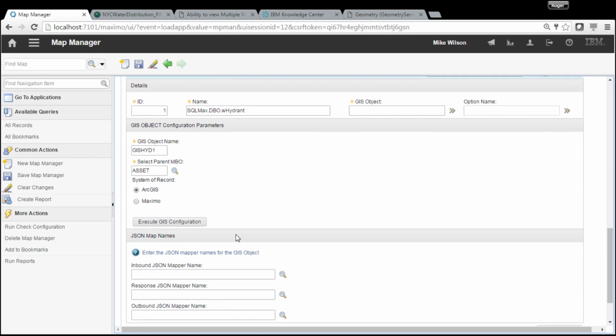So once we've done that, select the system of record. For example, for those of you who are on 7.5, if we were to select Maximo, it would be the old way where we used to define on the ArcGIS server side the feature class. For example, MX Asset Num and MX Site ID would be defined on the ArcGIS side, and we would populate it over there with our Maximo asset num and site ID, because Maximo would be the main system of record. But right now we're going to use ArcGIS as the system of record. So when we execute the GIS configuration,